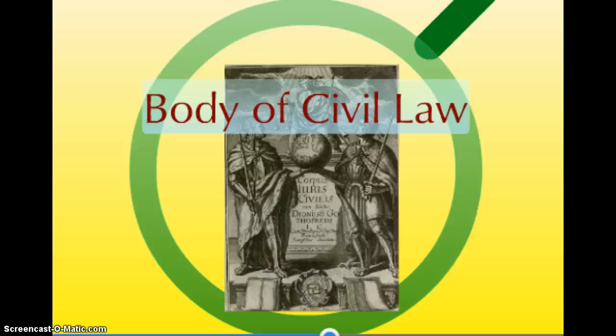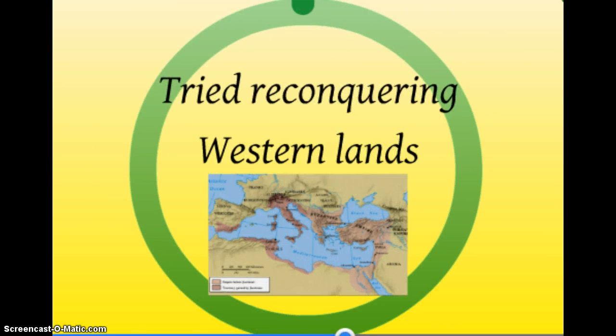Corpus Iuris Civilis. Next, he tried to reconquer the Western lands, and this is what I mentioned when he was trying to restore unity. The dark pink color that's added on there, you can see the Italian peninsula, a little bit of North Africa, a little bit of Spain. This is, of course, before the Islamic Caliphate spreads across from the Middle East across North Africa up into Spain with the Moors. But he tried reconquering those lands that had been lost.